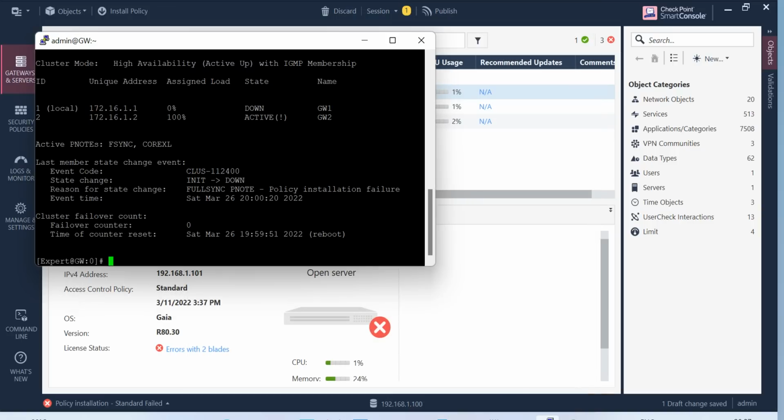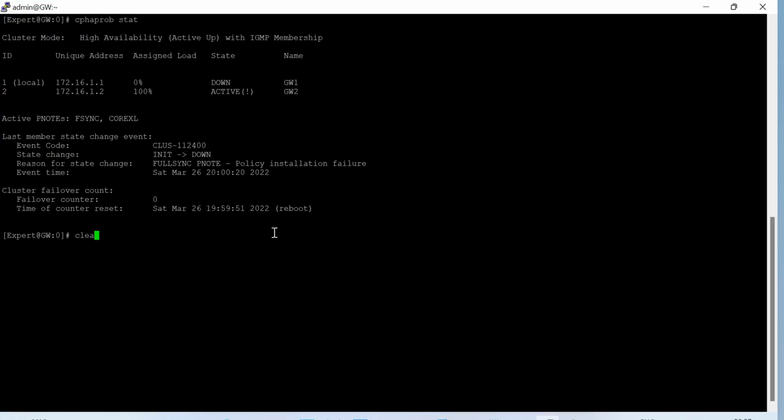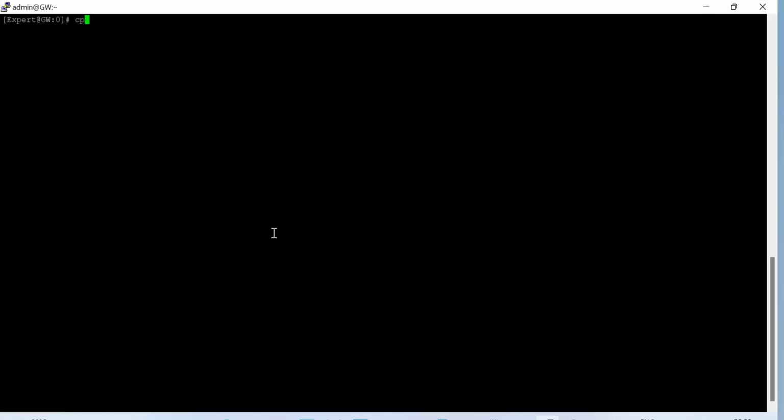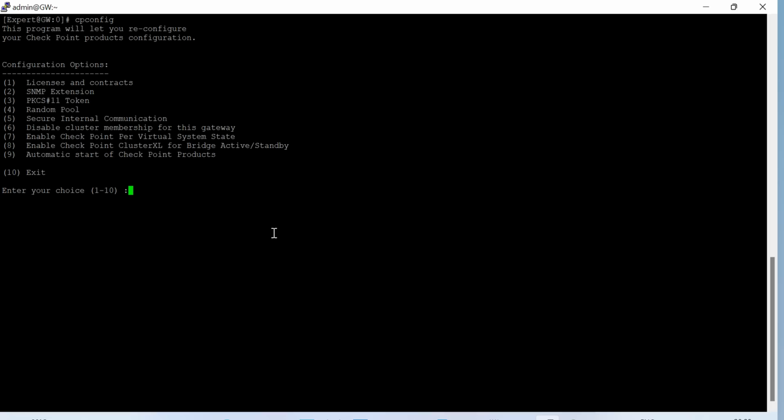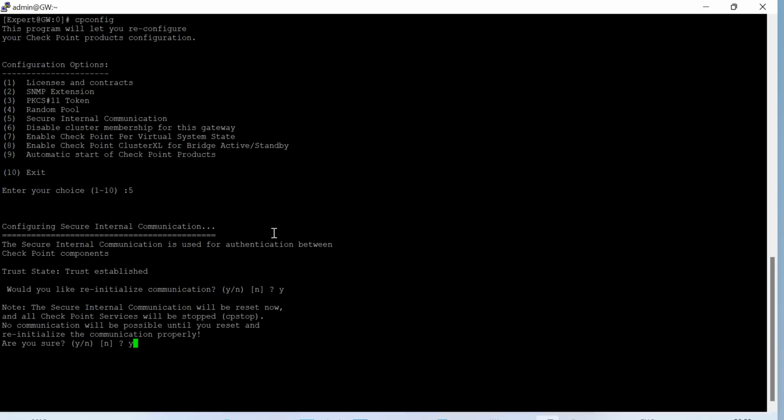Now let's go to gateway one. Let me do this. cpconfig and select the number 5 for the secure authentication. I want to reset. We'd like to reset. Yes. Give the new activation key